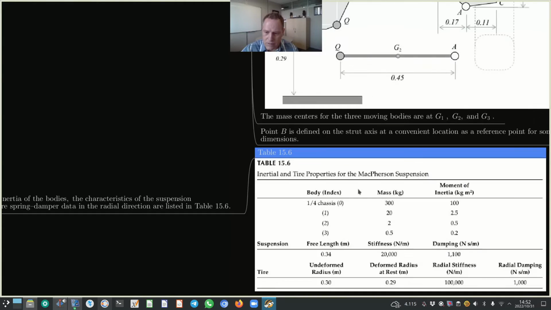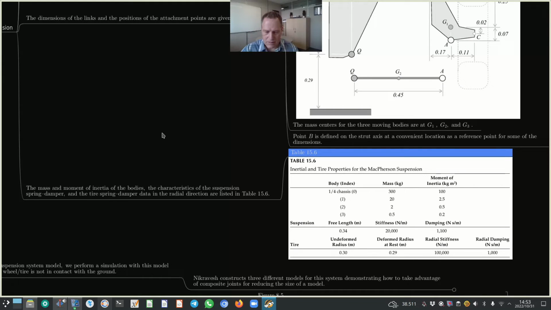I also want to, and I'll refer back to table 15.66 later in this lecture, highlight the difference in mass of bodies 1, 2, and 3. So body 1 is the heaviest body, at 20 kilograms. Body 2 is 10% of that at 2 kilograms, and body 3 is a quarter of body 2, 0.5 kilograms. So just keep that in mind when we look at the